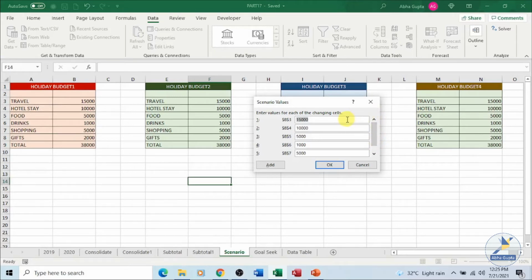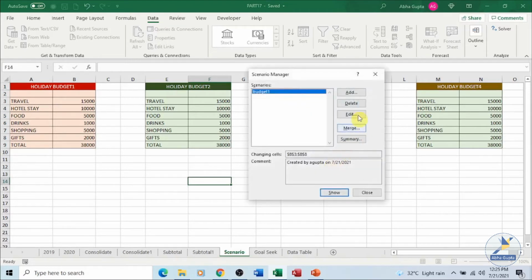Say instead of spending 15,000 over here, I just want to spend 10,000. And on shopping, we want to make changes as well. Say for shopping, I want to go in for only 3,000. Let's click on OK and see what changes are being reflected.